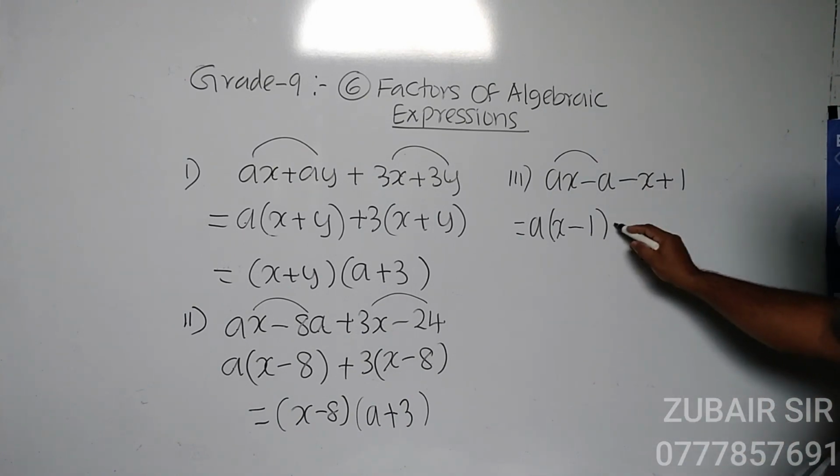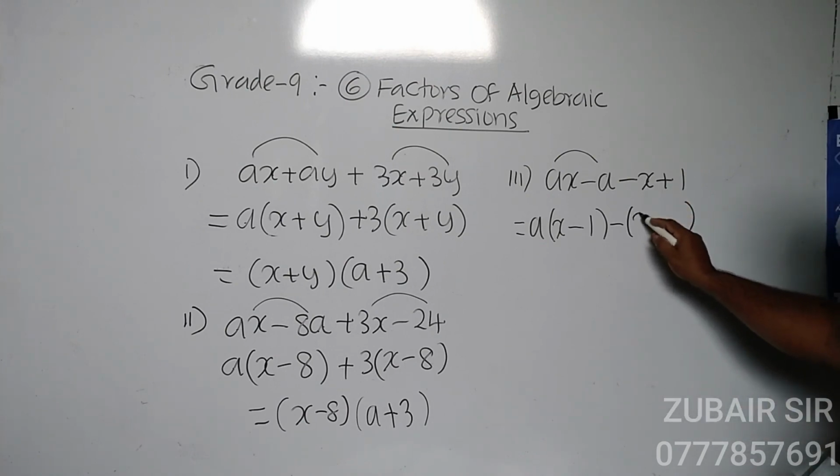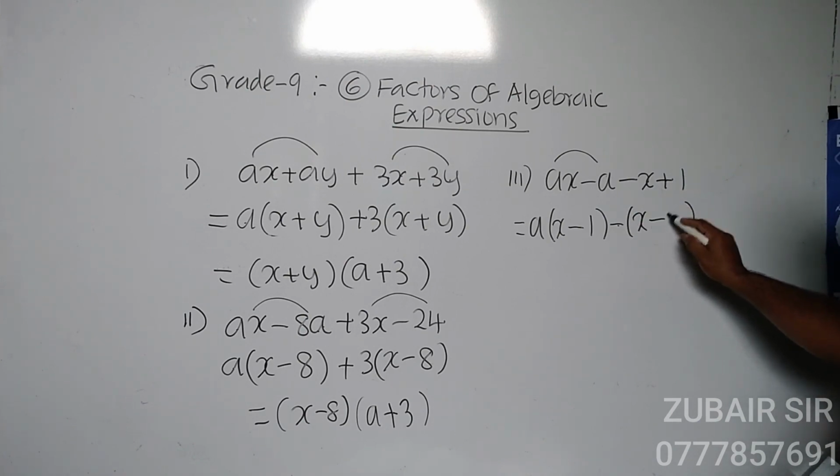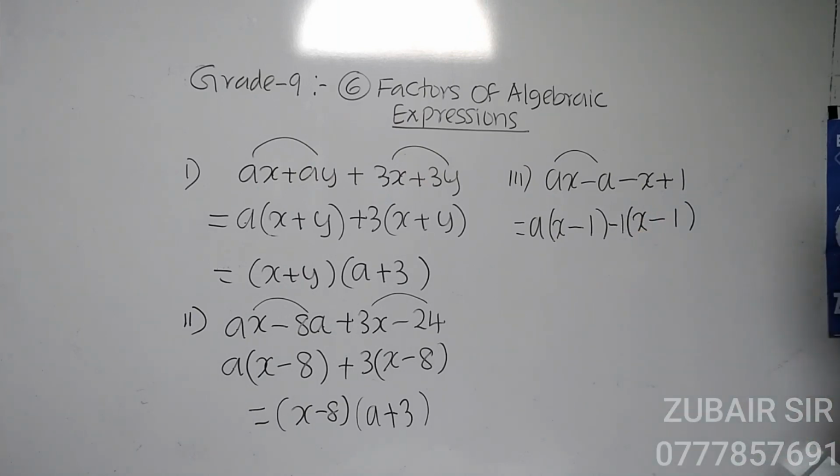Then here minus is there, so you have to separate the minus. When you separate the minus, x remains. Then minus is taken. Then plus divided by minus, minus. Here, nothing is taken, so you have to take the same one, or you can put minus 1 for this. Then you have to take minus 1.